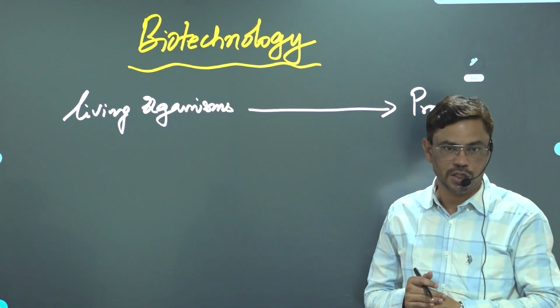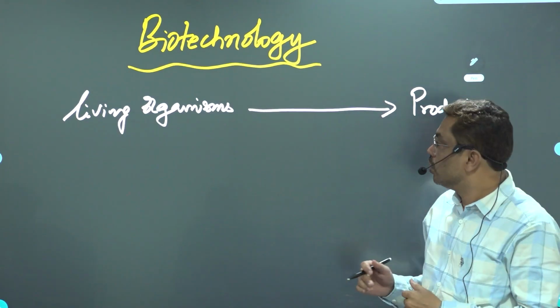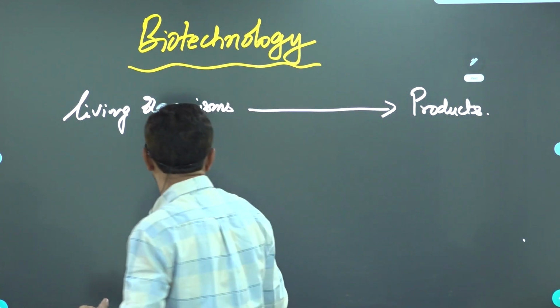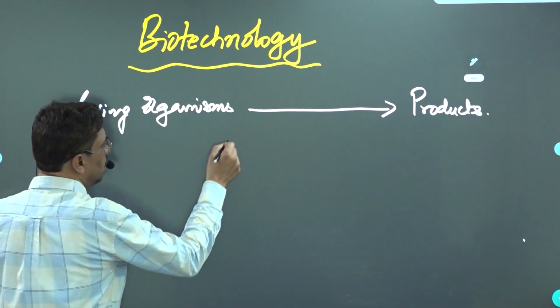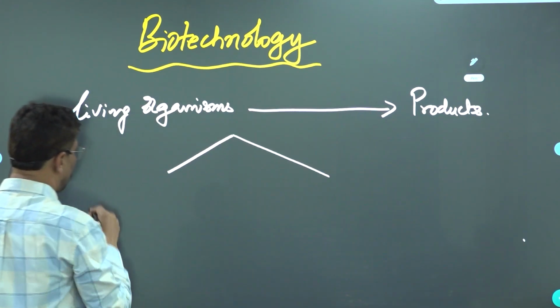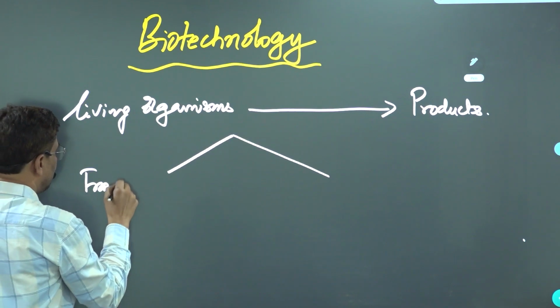Actually the term biotechnology is new, but the process involved in biotechnology is as old as human civilization. So based on the origin or growth of biotechnology, it has been divided into two types. One is traditional biotechnology,